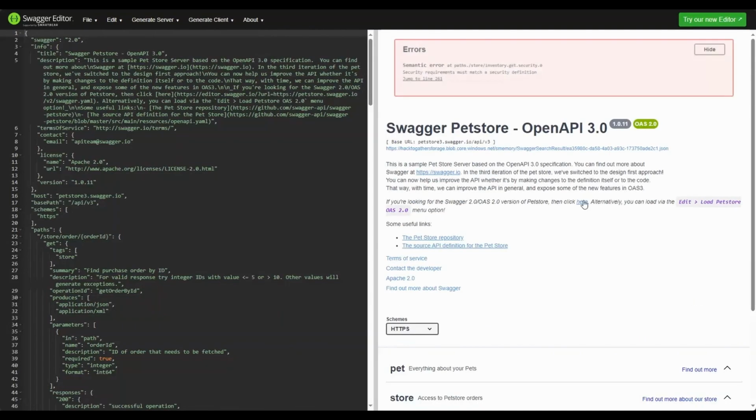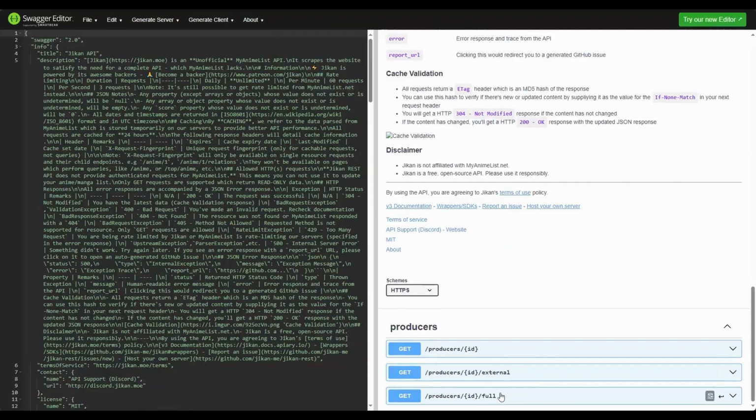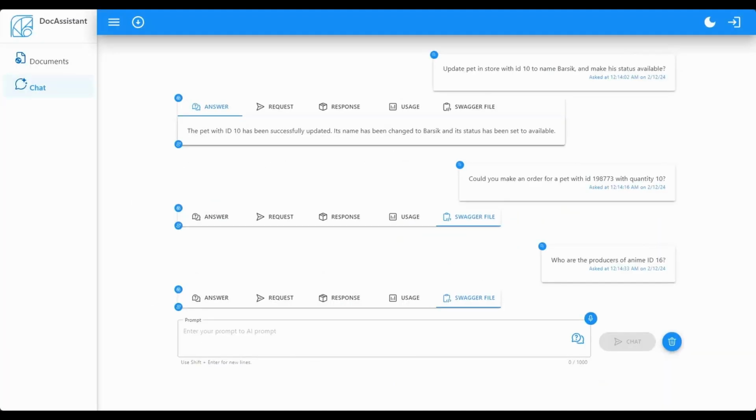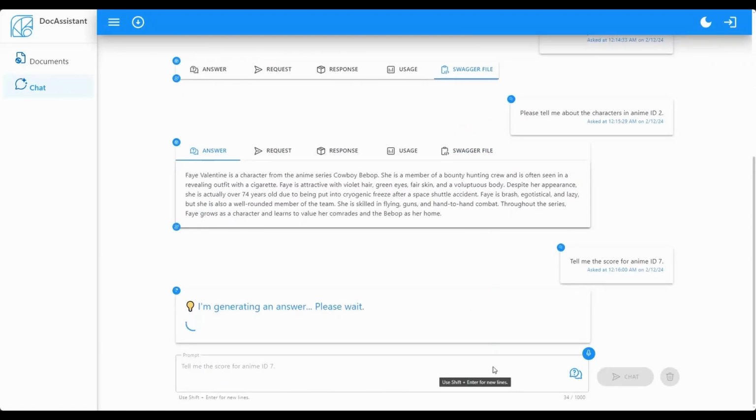Let me demonstrate this. In our application, DocAssistant.Swaggy, we're capable of interacting with the AI not only through typing but also via voice commands and responses. For example,